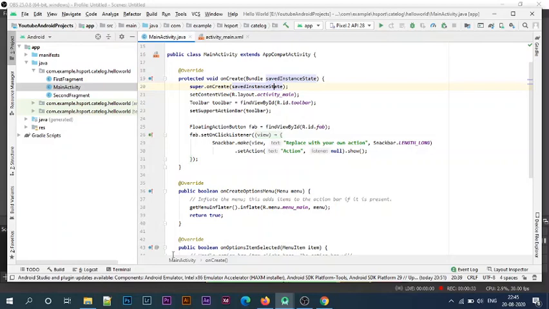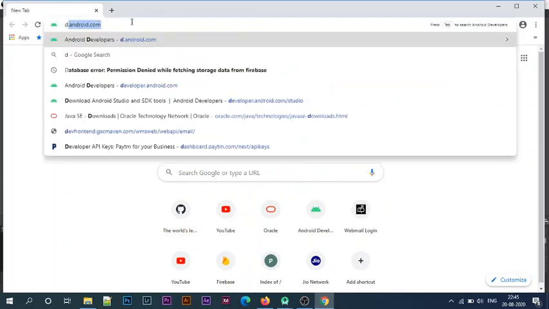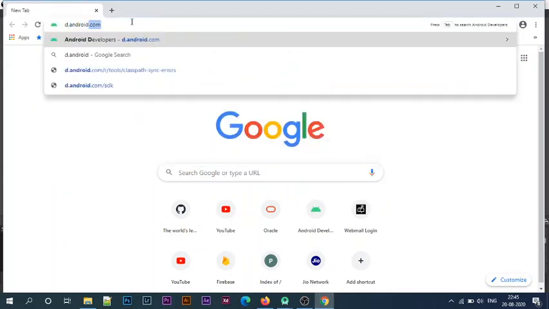Google provides extensive documentation that you can use to learn about the application framework and to look up specific Java classes from the Android SDK. You can get all the documentation on the web from this page, developer.android.com, or d.android.com/develop.